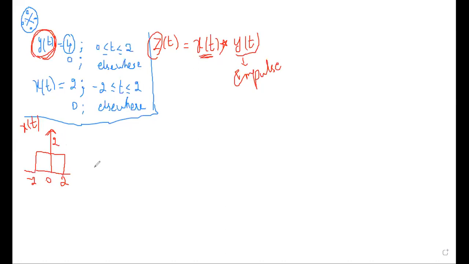And next step is I need to draw first y of t, that is nothing but impulse response as per the diagram, as per the question. Then later I will do shifting operation. So as per the question, what they said is between 0 and 2. So here they have mentioned t greater than or equal to 0, or t less than or equal to 2. So from 0 to 2, I'll be having an amplitude of 4.